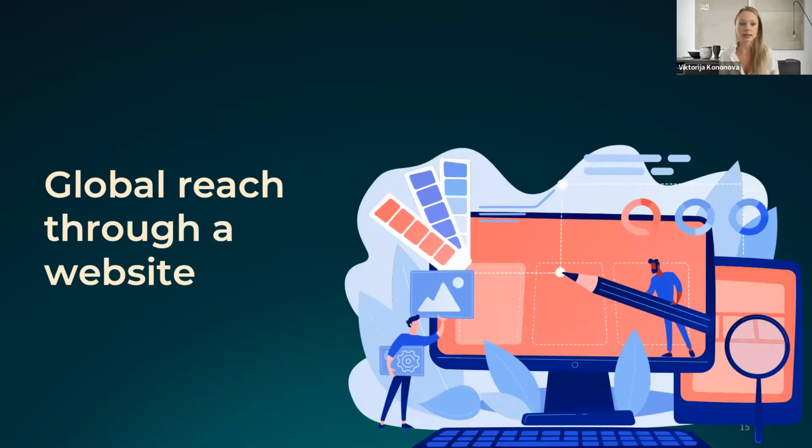And the next, I think also very important element: global reach through a website. Every website, every company, in order to reach a wider clientele, a wider audience, would want to translate their content or transmit their content in many different languages.